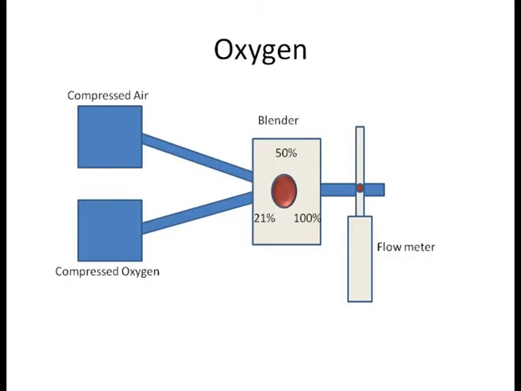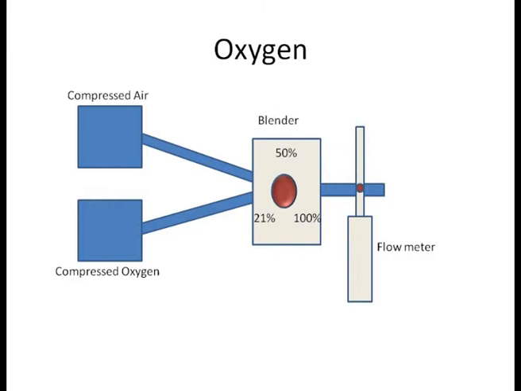Now the gas coming out from the blender, how much of gas should flow into the circuit is decided by the flow meter. So you need low flows when you want to generate lower pressures, and you need high flows, or the flow needs to be increased when the pressure to be delivered in the circuit or to be delivered to the patient needs to be increased.